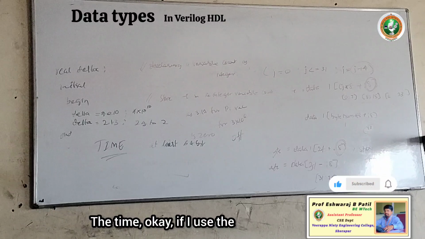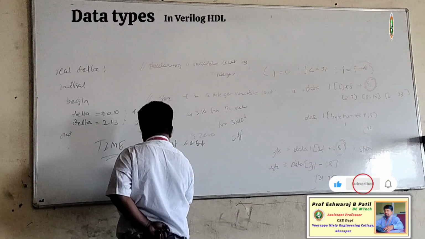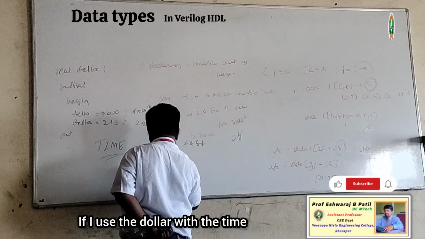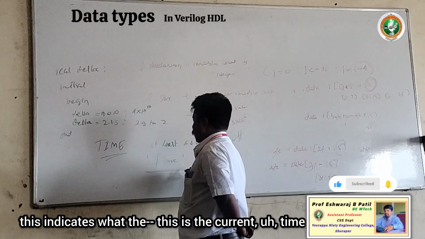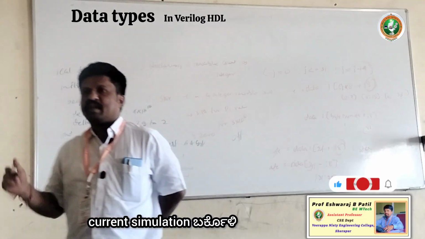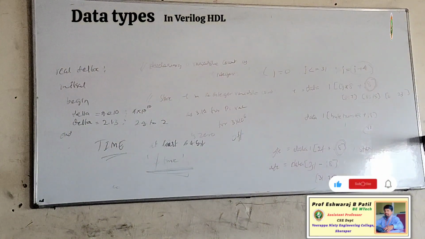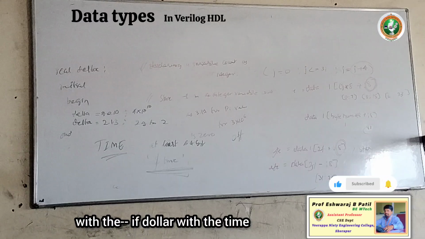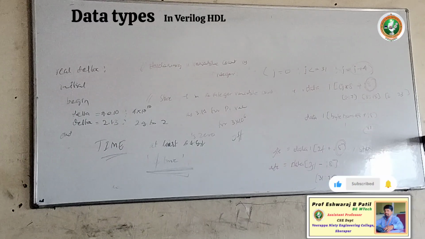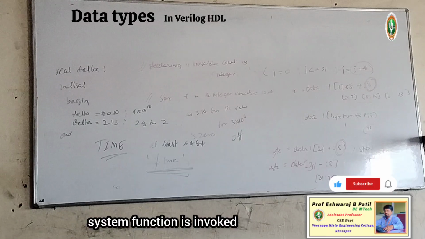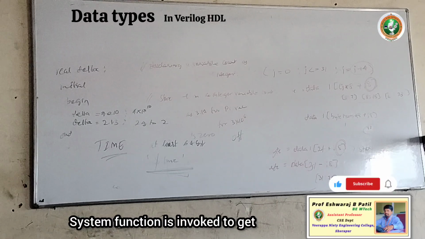It should have at least 64 bits. If I use the dollar with time, this indicates the current simulation time. Write it like this: the dollar time system function is invoked to get